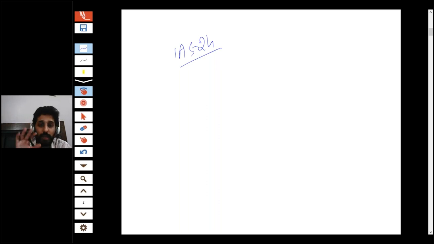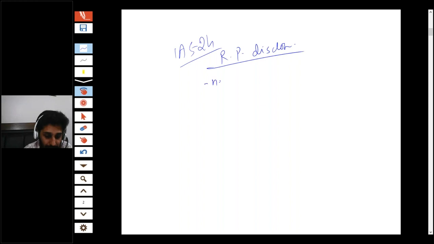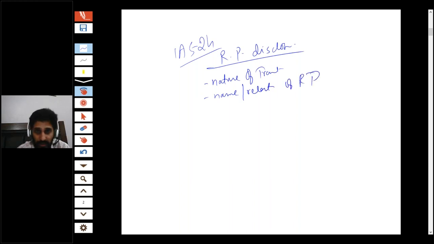It is based on disclosure. IAS 24 is the related party disclosure, which says that the nature of the transaction, name and the relationship of the related party, and any outstanding balance